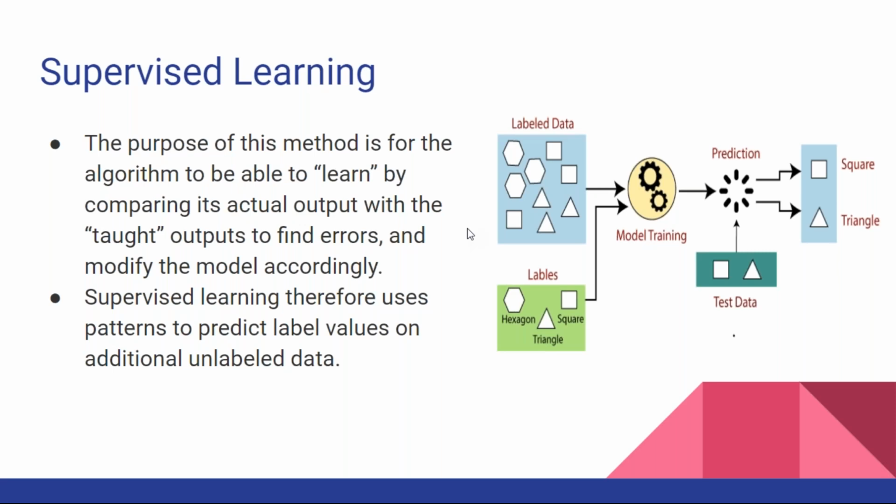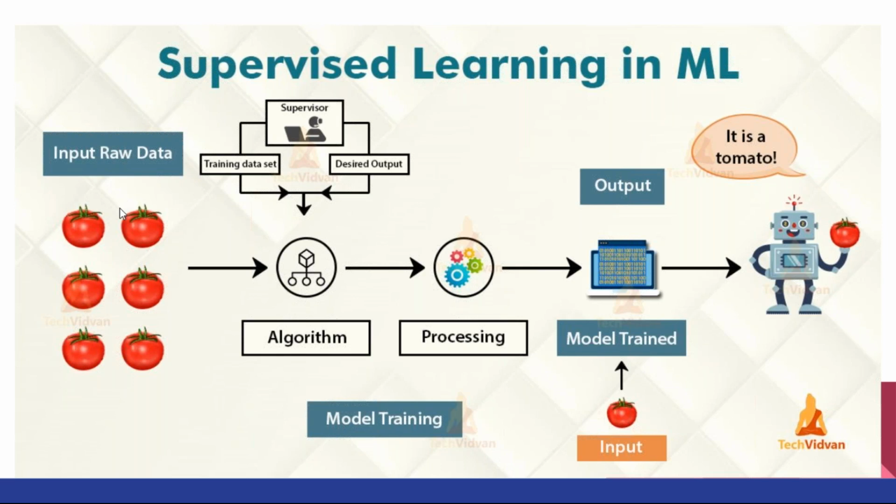Okay, so supervised learning therefore uses patterns to predict the labels on additional unlabeled data. So unlabeled data अगर है, जैसे यहाँ पे बताया कि labeled data मेरे पास आया, बताया मैंने सिस्टम को ये हेक्सागन है, ये ट्राइंगल है, ये पेंटागन है, मॉडल ने ट्रेन करा, मेरे को आउटपुट दे दी, देन मैंने इसको नया टेस्ट डेटा दिया, इस पे टेस्ट करके बताओ, टेस्ट भी कर लिया। उसके बाद क्या करा? और नया डेटा दिया। अब ये क्या था? 1000 में से था, जैसे 300 क्वेश्चन की एग्जांपल है, बट पेपर में शायद उन 1000 क्वेश्चन में से शायद एक आधा क्वेश्चन बाहर से आ जाए, उसमें आप कैसा परफॉर्म करोगे? वो अनसीन डेटा जो आपने कभी देखा ही नहीं, जिसका आंसर आपको पता ही नहीं है, इसका राइट आंसर क्या है, कंपेयर आप भी नहीं कर सकते, वो टीचर कंपेयर करके बताएगा आपको कितना सही है कितना गलत है एंड ऑल। अगेन रॉ डेटा था मेरे पास, एल्गोरिथम लगाया, प्रोसेसिंग करी, मॉडल को ट्रेन करा, एंड देन एट द एंड वी हैव द आउटपुट की ये क्या है, इज इट अ टोमेटो और इज इट अ एप्पल।